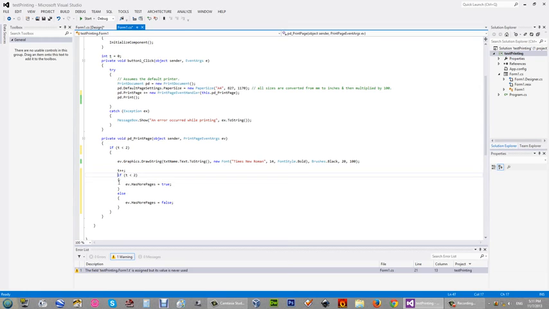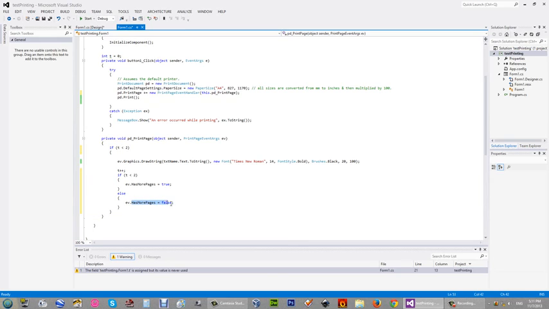So the else part runs, and we set this has more pages to false, and then exit from the method. And inside this print document method, it will check whether there are more pages to print.